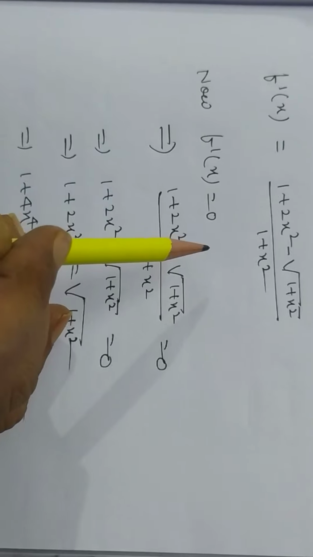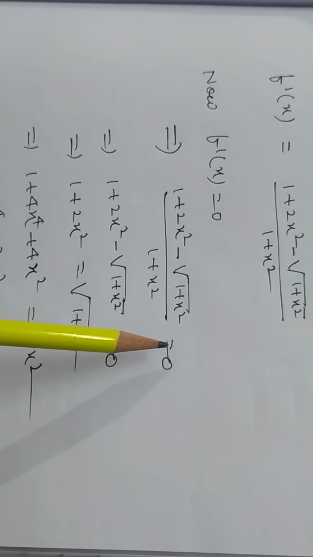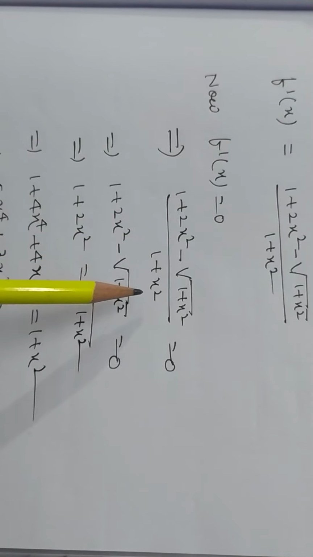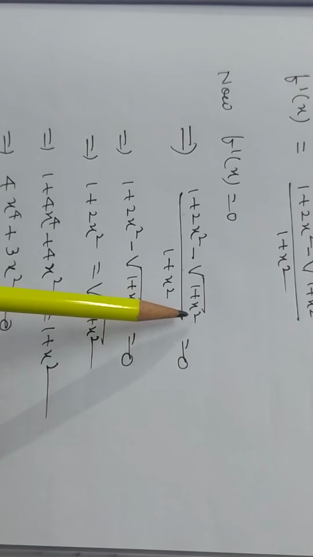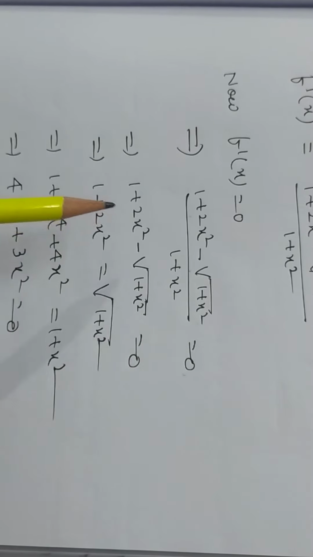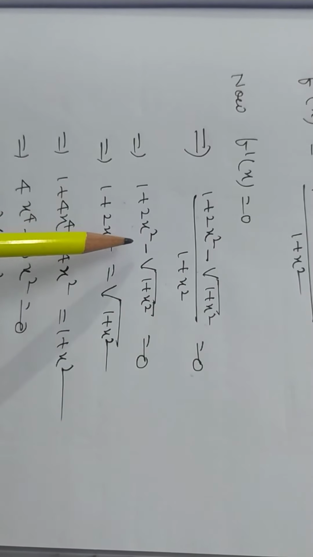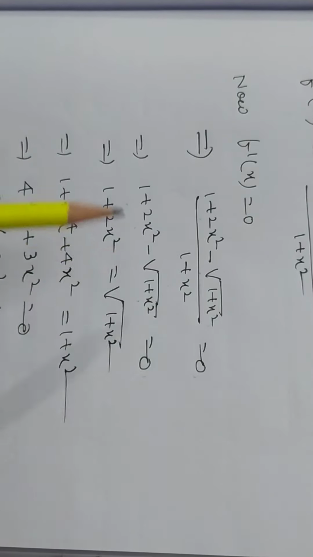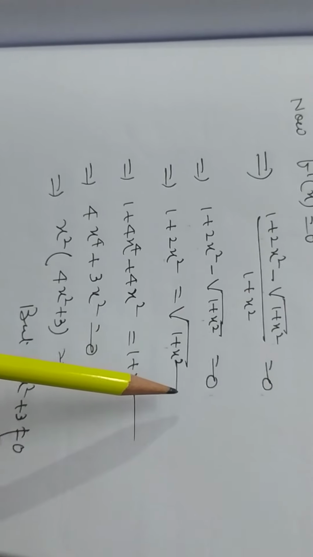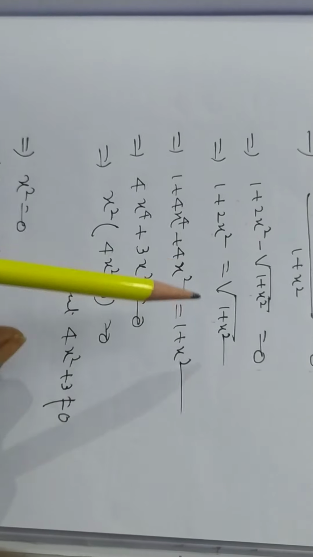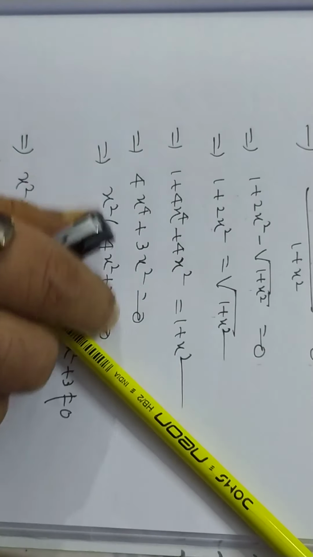So f dash x, to find the intervals, we set f dash x equal to 0. It will be 1 plus 2x square minus root over 1 plus x square by 1 plus x square is equal to 0. And it will be 1 plus 2x square minus root over 1 plus x square is equal to 0. And it will be 1 plus 2x square is equal to root over 1 plus x square. Squaring both sides we have